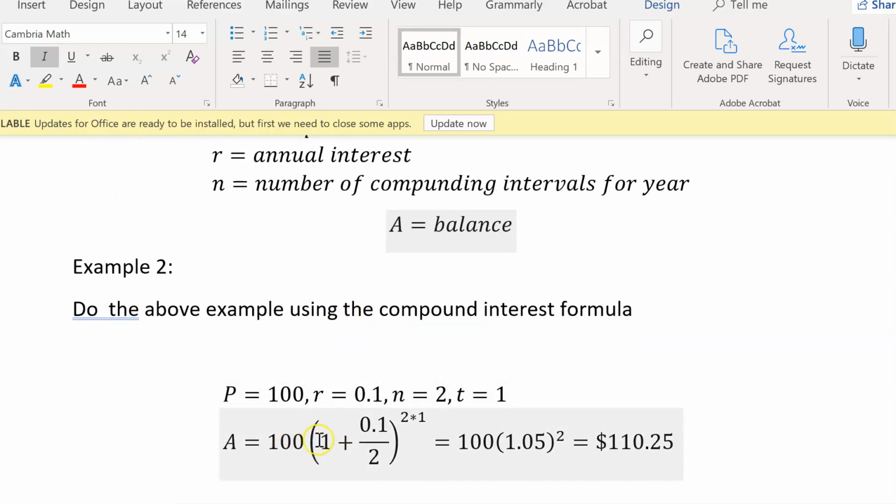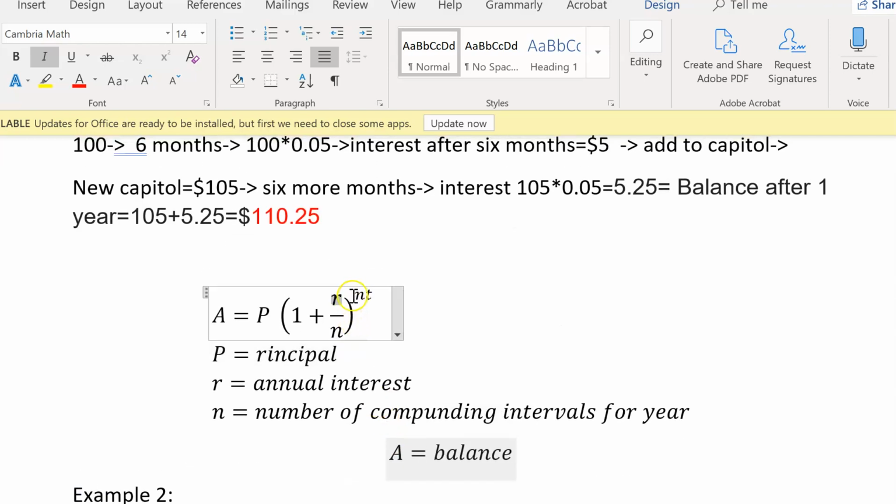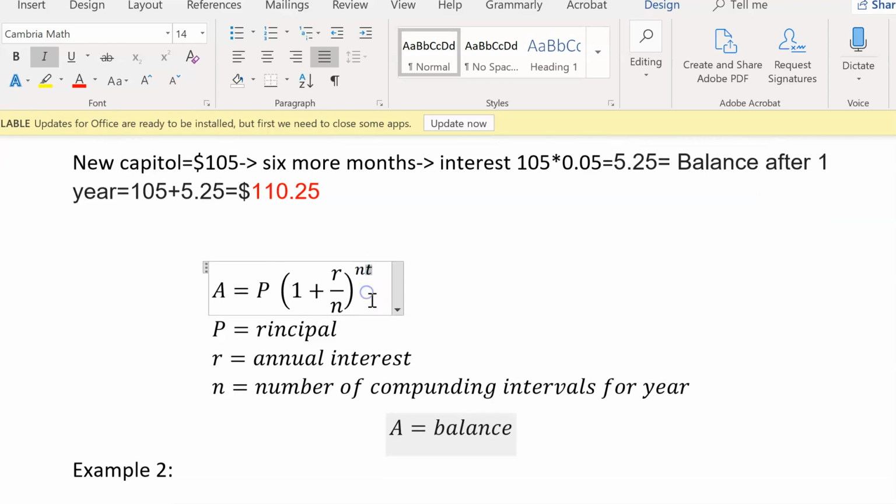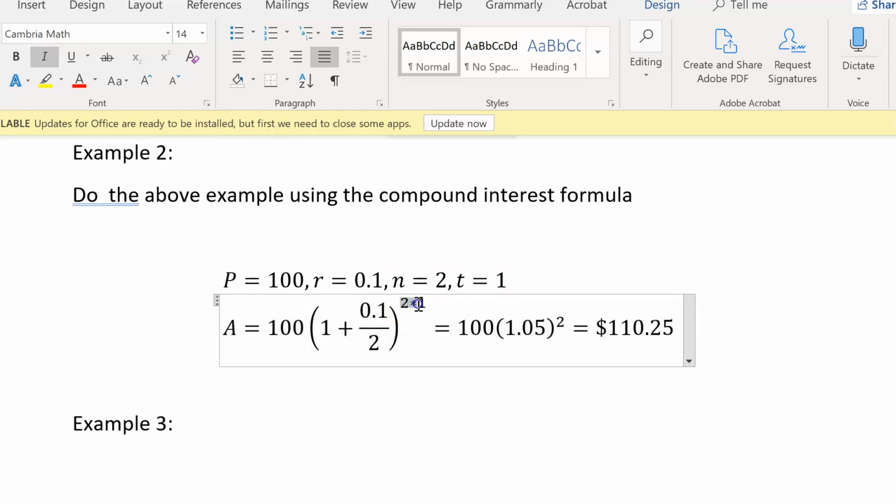So 100 times (1 + 0.1/2) to the power n, what is n? n is 2 and then t is 1. So then nt is 2. And then if you use your calculators and calculate this, this actually becomes 1.05. And so it's 1.05 to the power 2 times 100, and that turns out to be